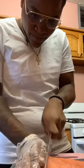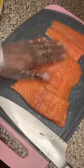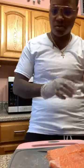Alright? And this is the tail end. Remember, these pieces are gonna look bigger, but they're actually the same weight. Check it out. See? 4 portions here, 4 portions there. If I'm good at what I do, I know that these portions are somewhat similar in weight, around 6 to 7 ounces. Okay? So now we'll get these guys over here